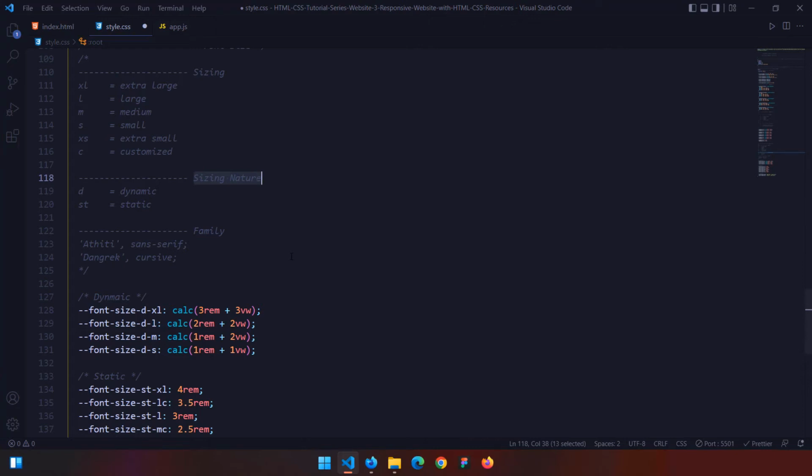So if you decrease the width of the window and the font size is being decreased, that means it is a dynamic font size. But if you don't want the font size to be decreased, that means it is a static font size. So now that I'm looking at it right here,